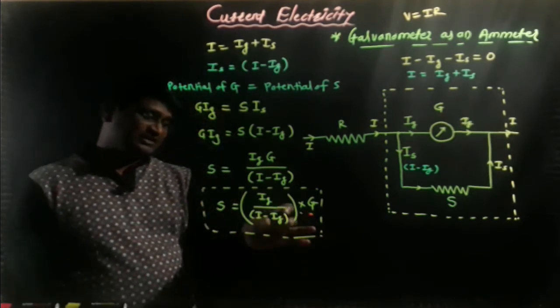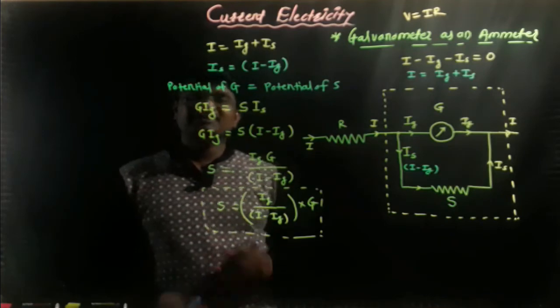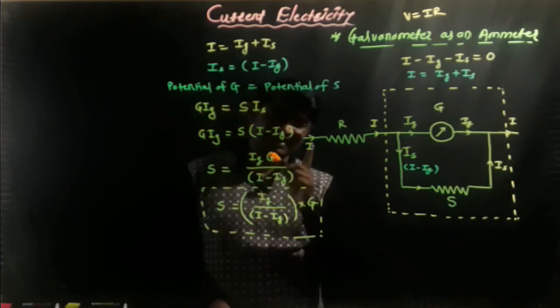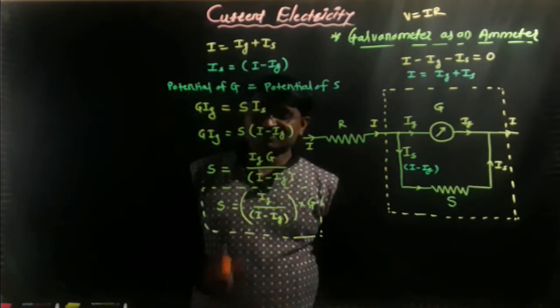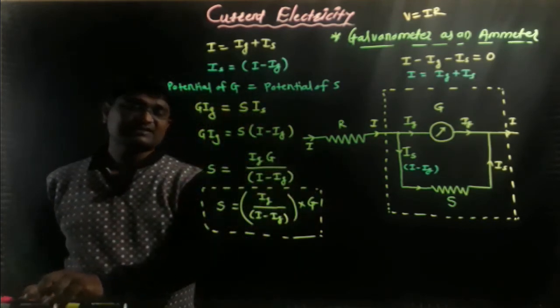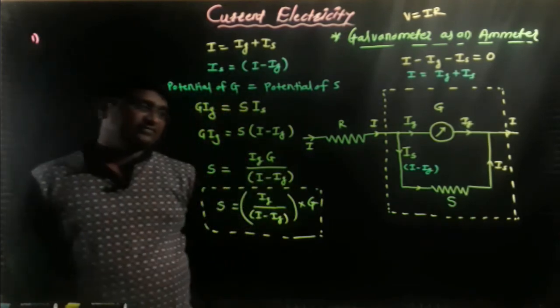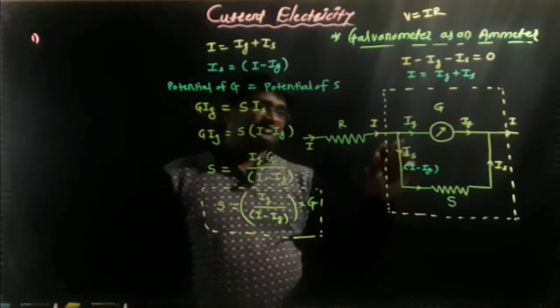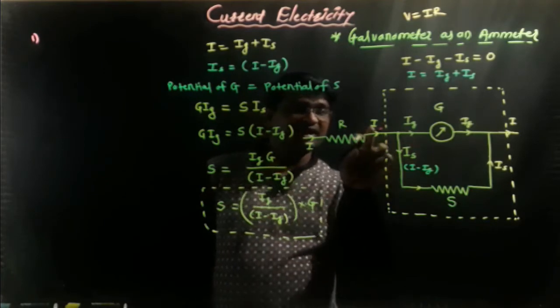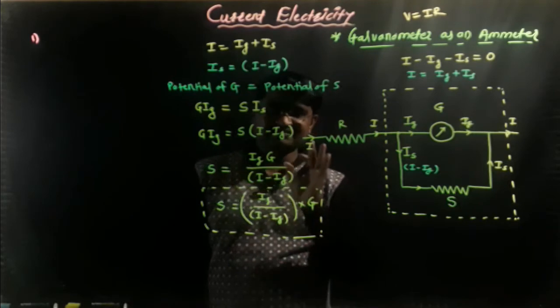This value of shunt resistance is connected in parallel with the moving coil galvanometer, and then the galvanometer works as an ammeter. You remember that. After that we discuss some cases. These are very important cases. Let's see the first case, where the electric current I is passing n times through the galvanometer.